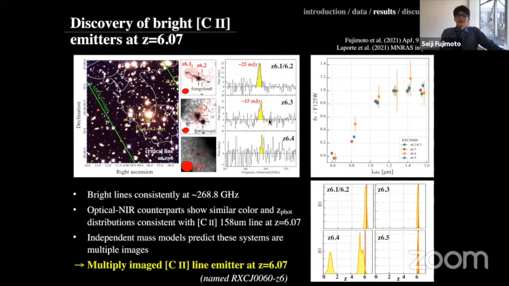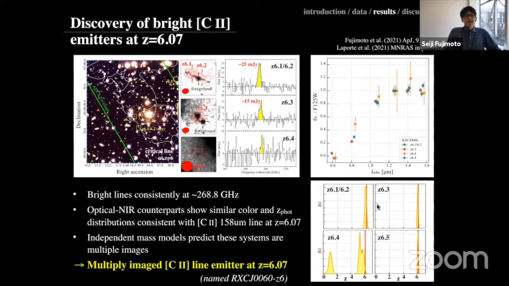And what is more, we discovered very interesting bright line emitters at redshift 6, which is the main topic of my talk today. So here summarizes the ALMA spectra and the line intensity in red contour overlaid on the HST map. We detect these 2 bright lines and 1 tentative line at the same frequency, exactly at the position of redshift 6 Lyman-break galaxies. These LBGs show a similar SED shape, and the peaks of the photometric redshift distributions are in excellent agreement in the case that the line is interpreted as the [CII] line at redshift 6, shown in the